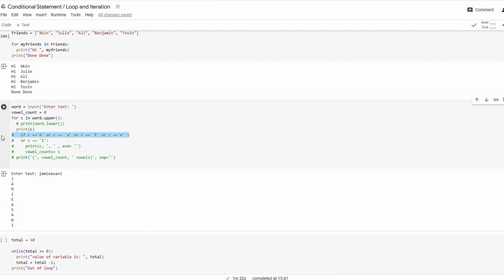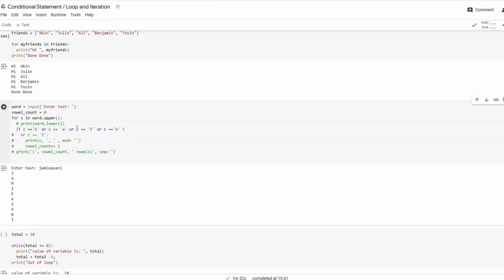Let's see if we can fulfill this condition. Well, another condition. This is C, right? So we have a condition where if Jamie,